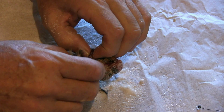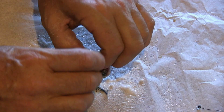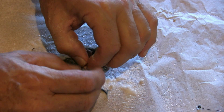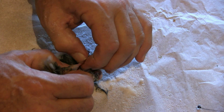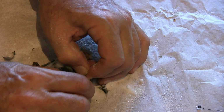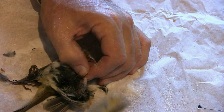And peel up around the wings here. There we go. How small this little fellow is. Just up and around those wings, right back. Use your thumbnail again, so hopefully you've still got fingernails. Not so good for those of you who bite their fingernails. Right down to the end here of the joint, and at that joint, which is where we need the scissors, we're going to clip it off